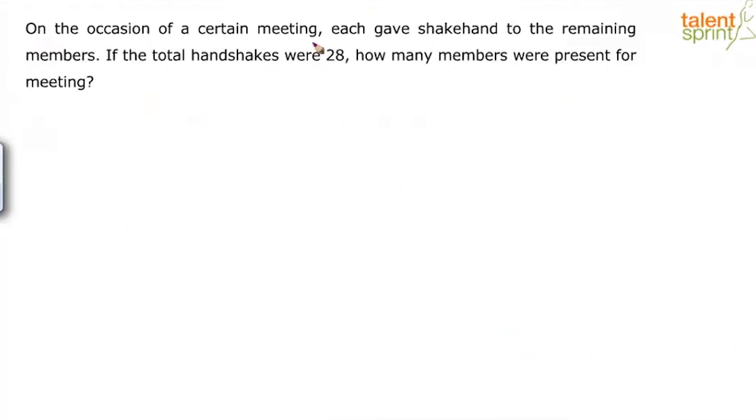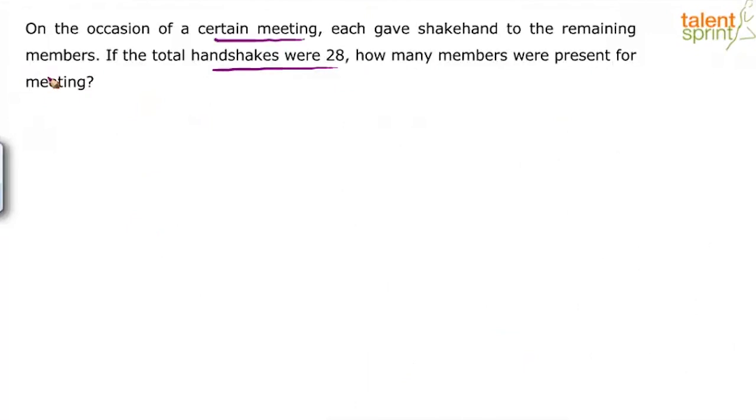On the occasion of a certain meeting, each person shook hands with the remaining members. Right? So there's a meeting where each person shakes hands with the other members. If the total handshakes were 28, how many members were present for the meeting? Now this sounds like a puzzle, but if you have the basics of permutations and combinations, you can solve this question